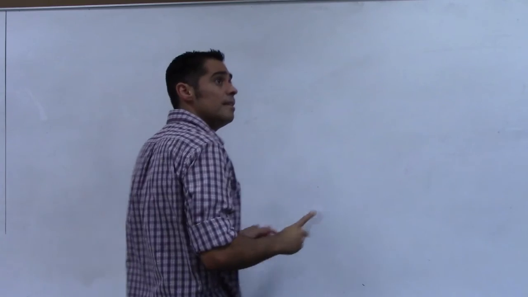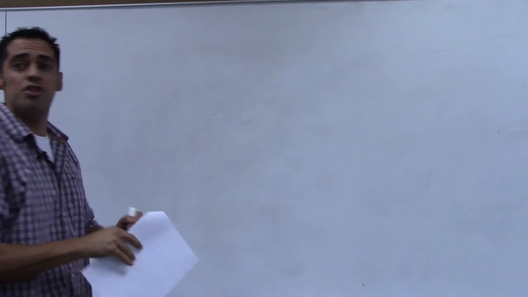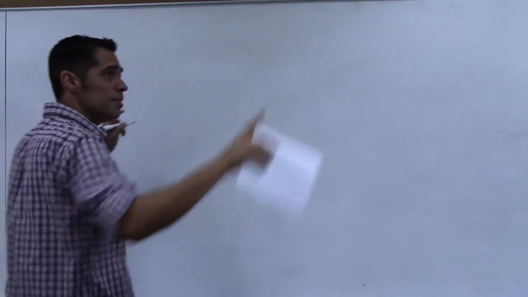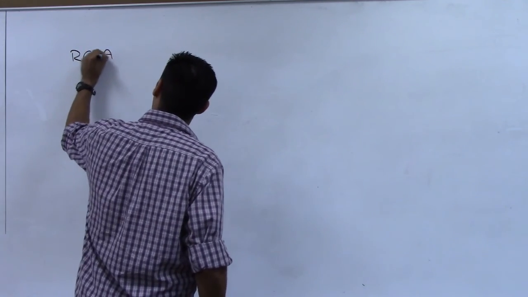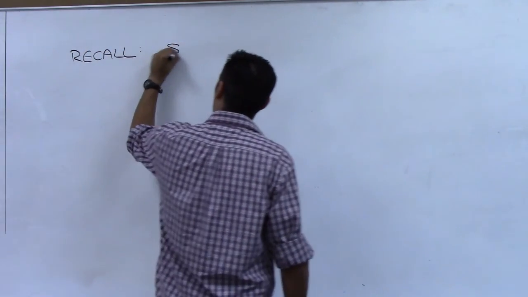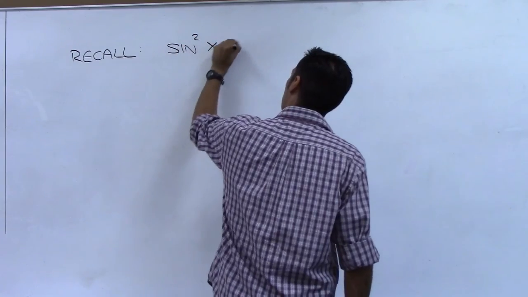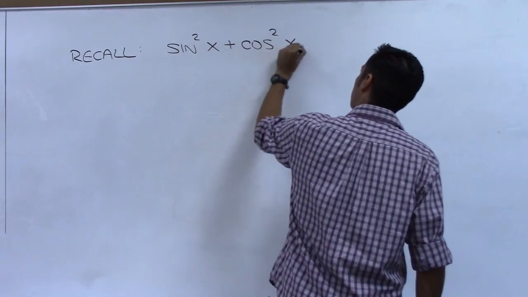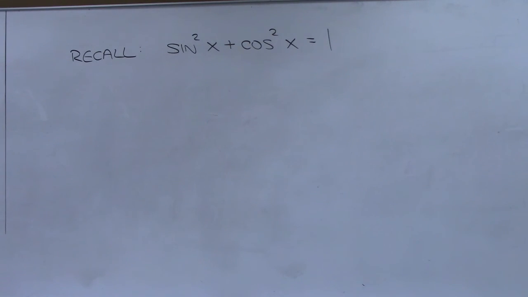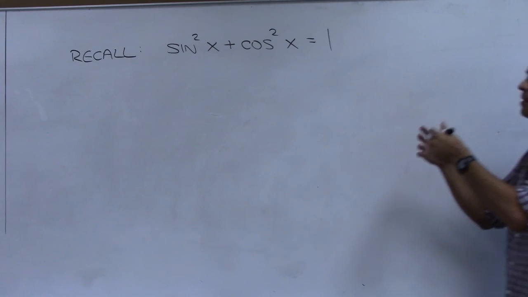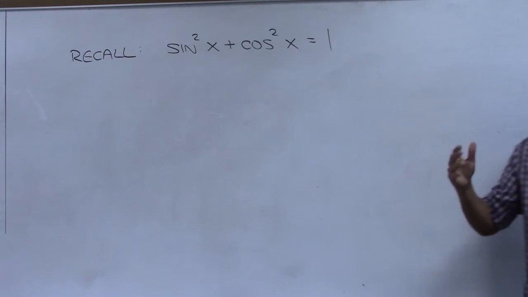So this identity that's up here, when it says show something, that means you have to prove it's true, right? You have to prove that that is a true equation. Doesn't that look very similar to this? One of our favorite identities from pre-cal? Didn't that identity bail us out a lot whenever we'd see sine squared of something plus cosine squared of something? We say, oh, but that's 1. So we use that a lot.